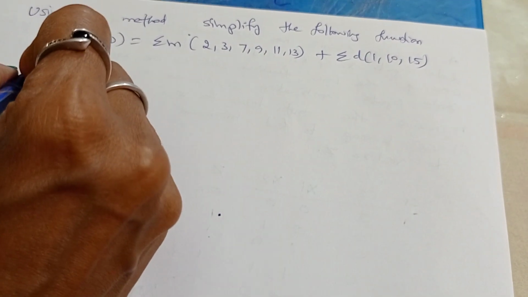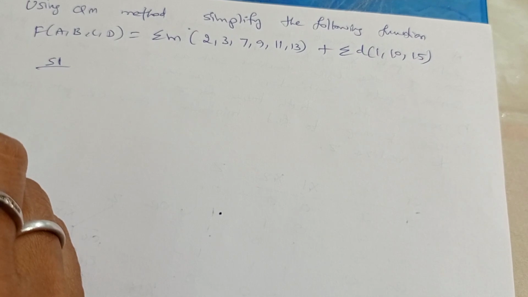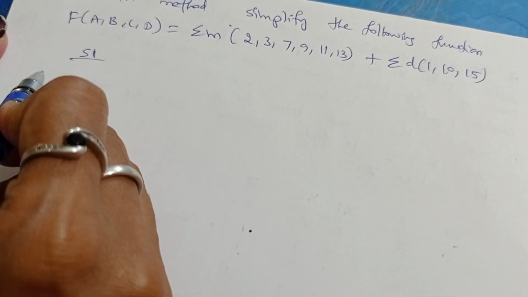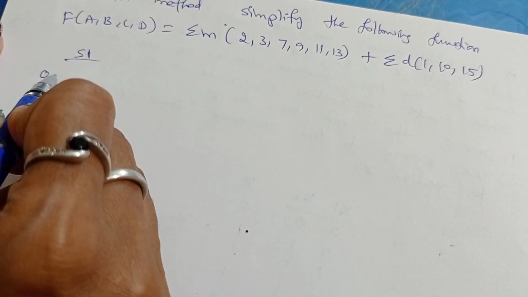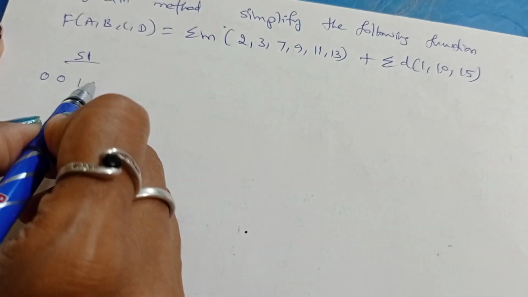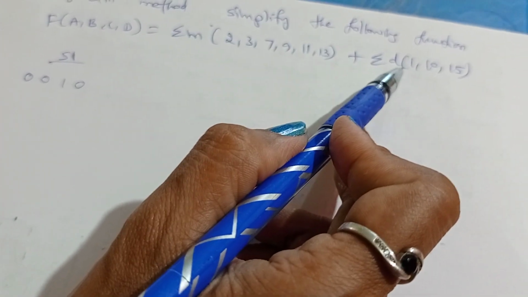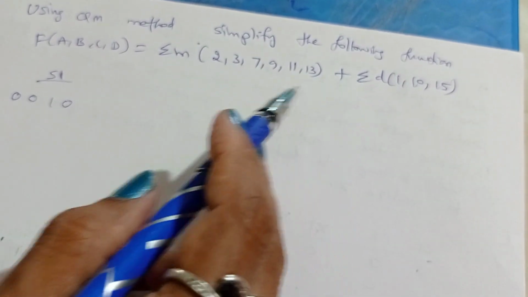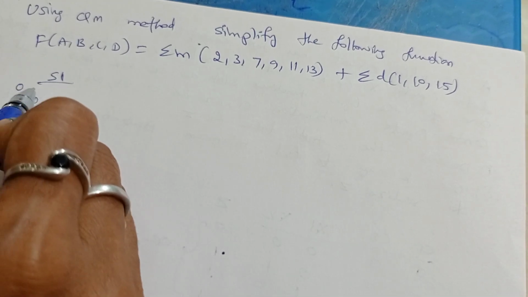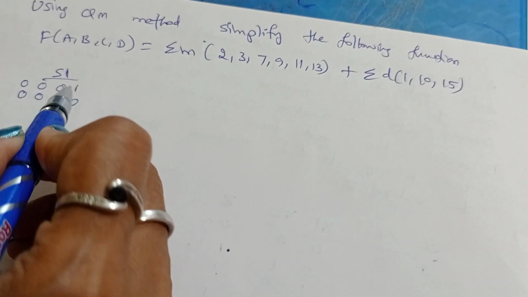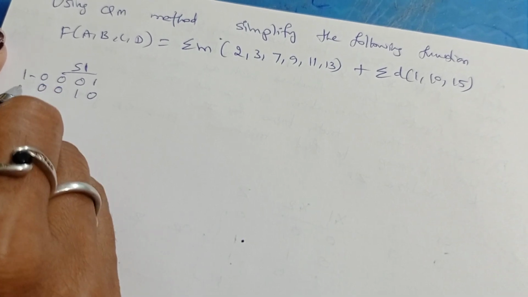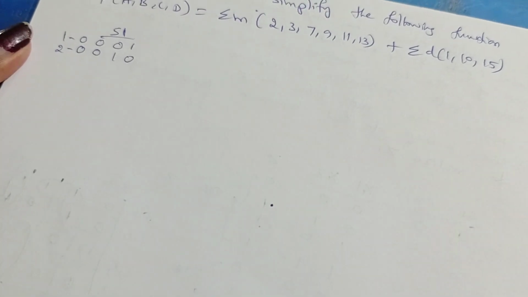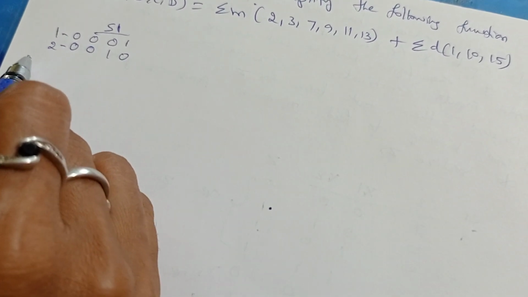Now we'll see the second step, grouping depending on the number of ones. First 2, that is 0, 0, 1, 0. Here don't care 1 is given, so take that, it is having a single 1. So 0, 0, 0, 1. So write the numbering 1 and this is 2. Single ones, same group.